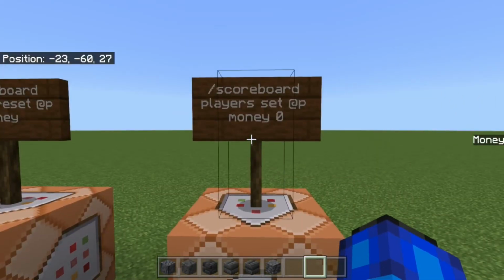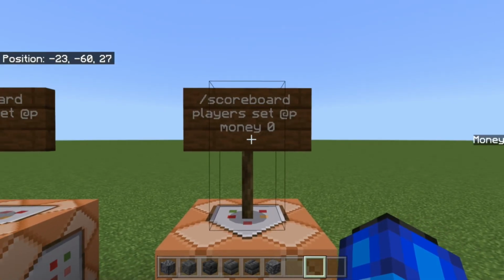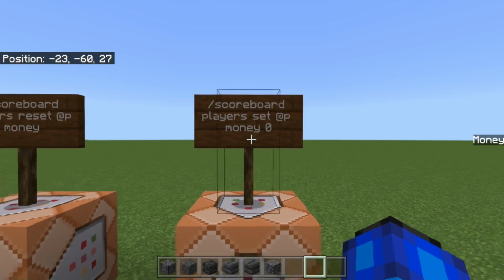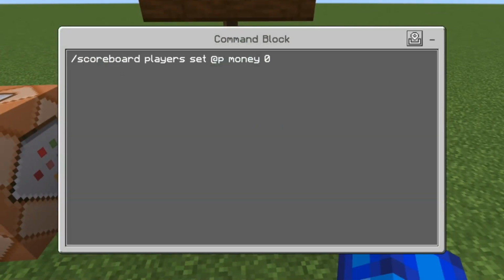So then here, what you're going to do is set the amount of money the players are going to start with. So say for example, if you want them to start with 0, then the command is going to be in a command block also. It's going to be /scoreboard players set, and you could change this to @a